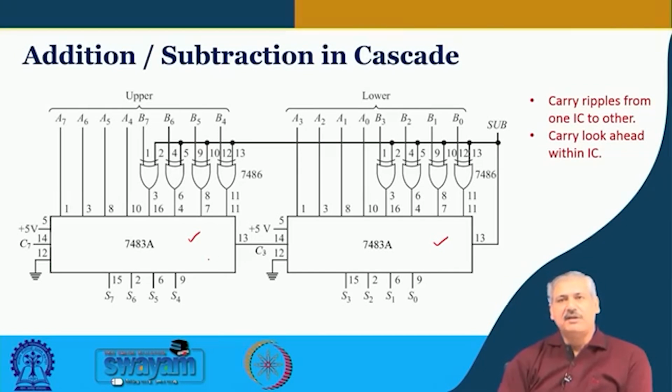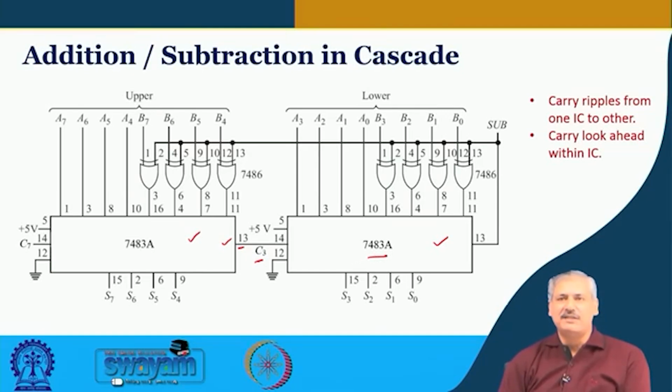In between, the output carry that is generated here goes in as the input carry. This is similar to the mode of ripple carry addition, is it not? So, the carry input of the more significant bits will be waiting for C3 to get generated from the previous stage,